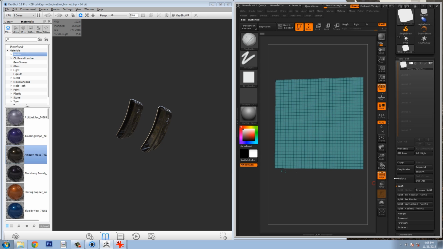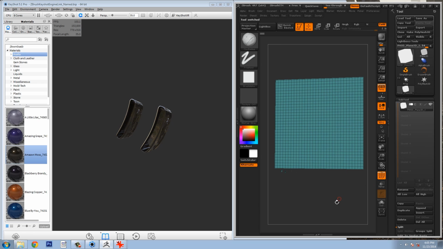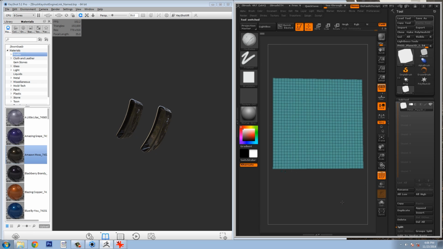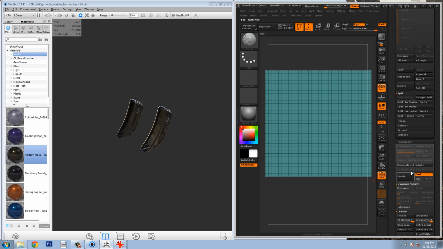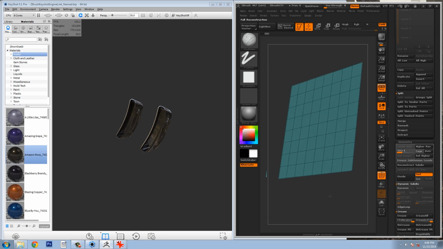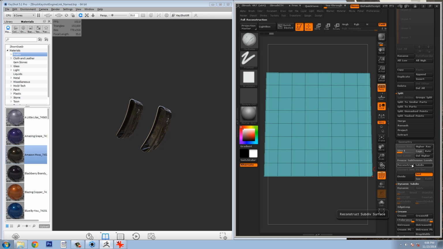So I've just taken a 3D plane here, and I've turned it into a PolyMesh 3D. So I just have this single plane generated here. And I'm actually going to reconstruct some subdivisions. I don't want that many polygons. If you aren't aware, even in the current version of ZBrush, you have the ability to reconstruct subdivisions. So if your model is nicely quadded and subdivided up, you can come over here and hit reconstruct, and it's